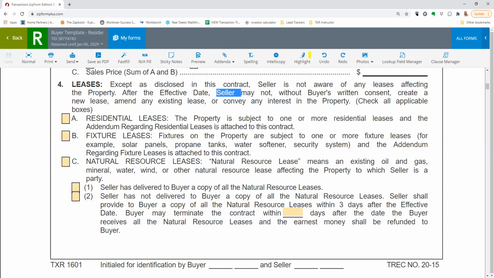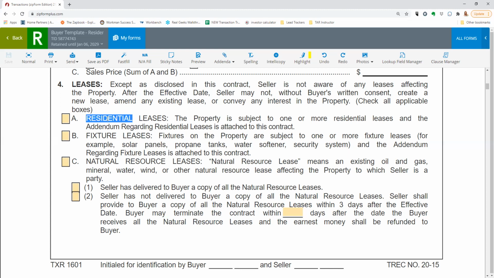Now, the leases that could be outstanding for a seller when they have a house listed for sale. First of all, potentially a residential lease. If there is a tenant in the property and your seller is currently a landlord, this property will be subject to this residential lease. There is an additional form called the Addendum regarding residential leases. You will be required to use that form, and that form is going to give your buyer a couple of